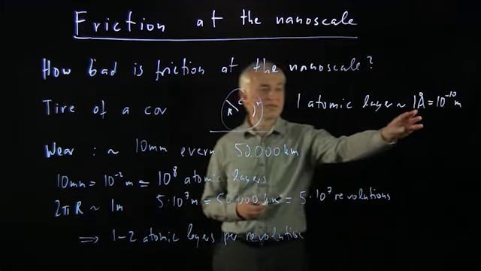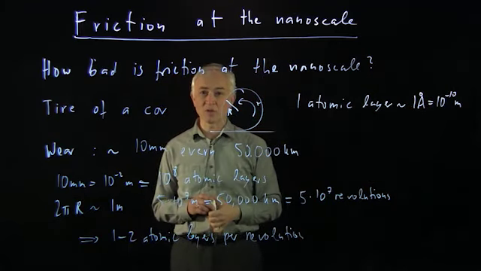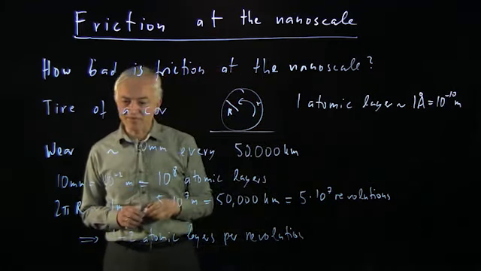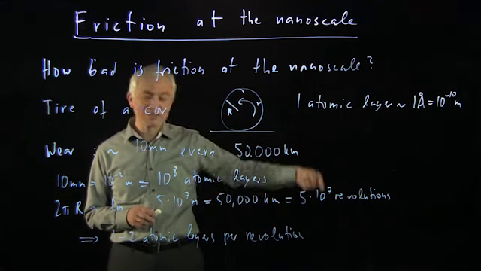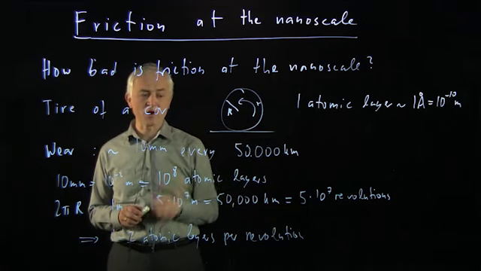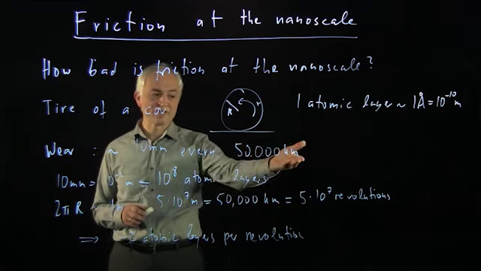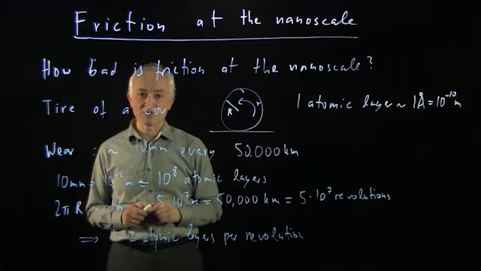If we had used maybe a size of an atom more closely as 2 angstroms, we would come out at about 1 atomic layer. So this is a remarkable effect. Even when we drive our car, each time the tire rolls around, we leave 1 atomic layer on the street. For macroscopic objects, as you see, it doesn't matter. We can drive a very large macroscopic distance before we wear off a few millimeters of the tire.